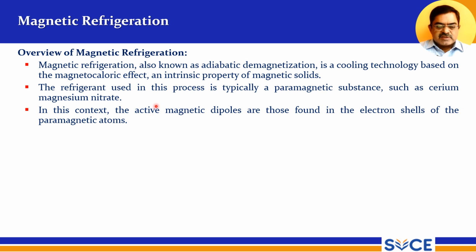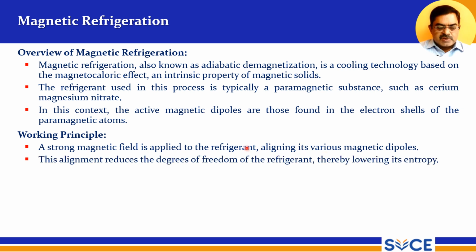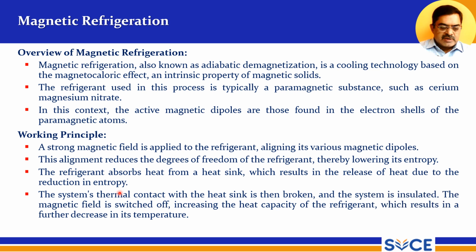In this context, the active magnetic dipoles are those found in the electron shells of the paramagnetic atoms. Its working principle: a strong magnetic field is applied to the refrigerant, aligning its various magnetic dipoles. This alignment reduces the degrees of freedom of the refrigerant, thereby lowering its entropy. The refrigerant releases heat to the heat sink due to the reduction in entropy. And then the system's thermal contact with the heat sink is broken, and the system is